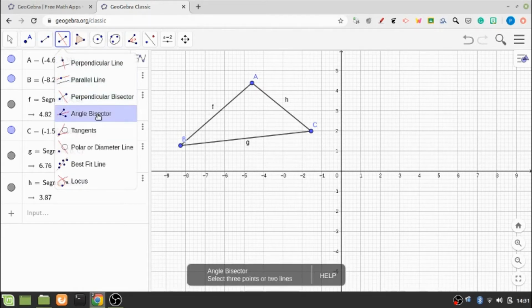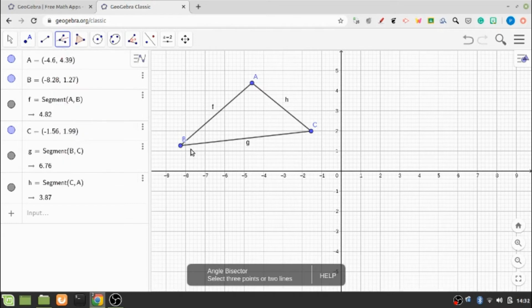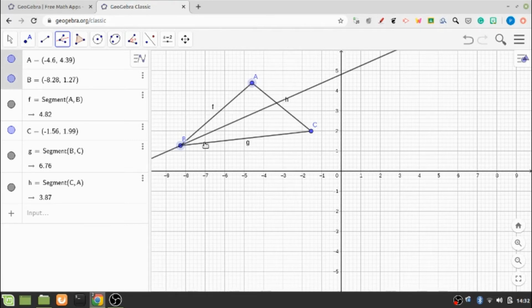So now if I click on this angle bisector, what will this show me? That for each of the angles of this triangle A, B and C, it will bisect the angles. So let us click on the point A, and as soon as I click on another point, say B, then you see that one line has been generated from the angle.